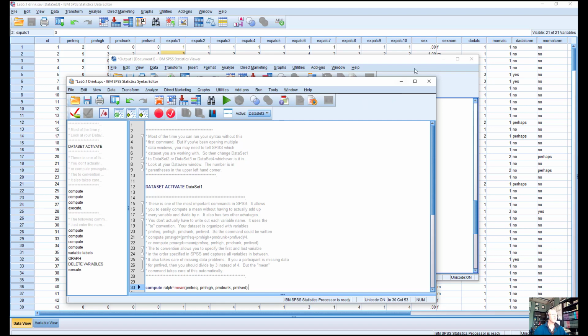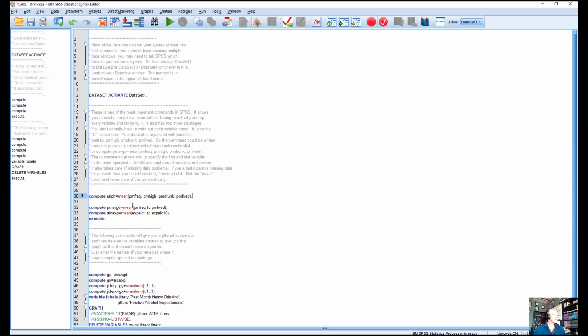And that's all of the variables that are in that list. Here, Ralph is going to be equal to PM average D. It's going to be the same thing. I've just written it in a simpler way by using what's called the to convention.